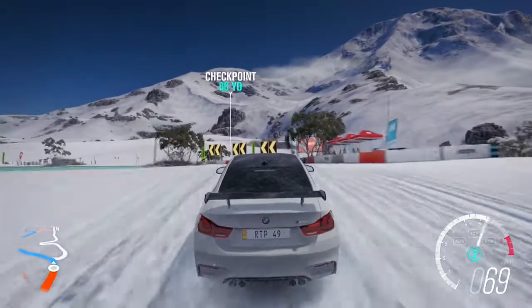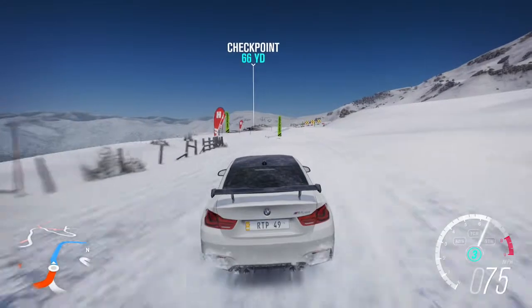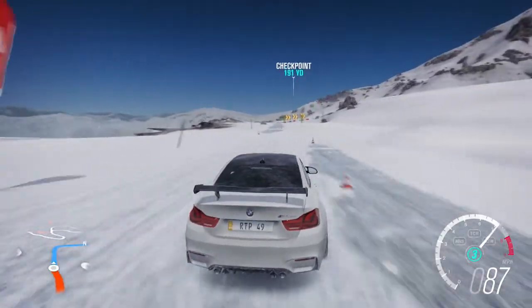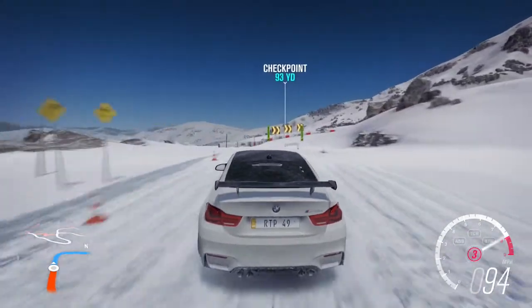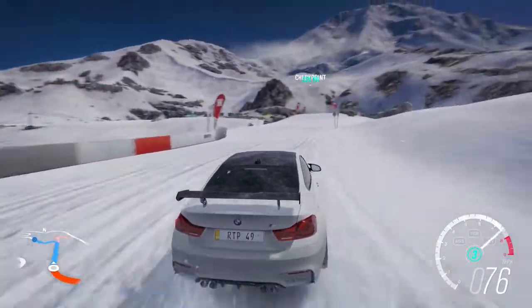Of course, the car's more powerful than the standard M4. But on the road you can feel it's more twitchy, it sort of brings those traits to the snow trail as well. There's a lot of turbo noise as well. I don't remember that from the standard car, but you can hear the turbos working a lot, which